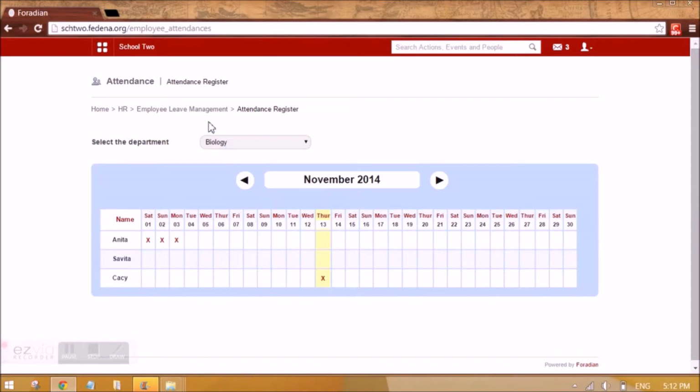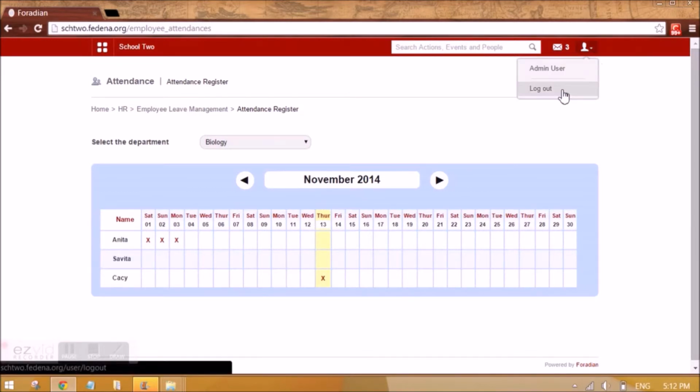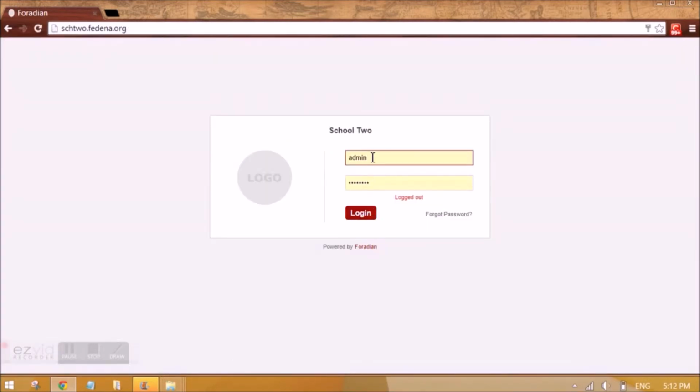And then actually the employee can also apply for leave from his or her profile. We'll see that now. So what I'll do is I'm going to log in as Casey, and I'm going to apply for leave, and admin is going to approve it. So for that, I can just log in as Casey. I remember the employee ID. So it is E22, and E22123 is the password by default.